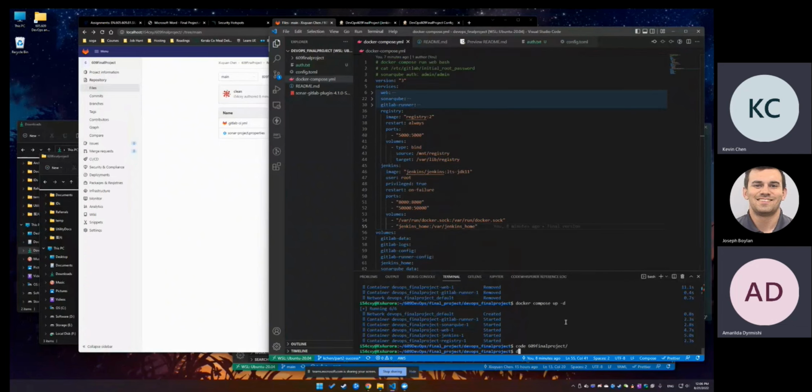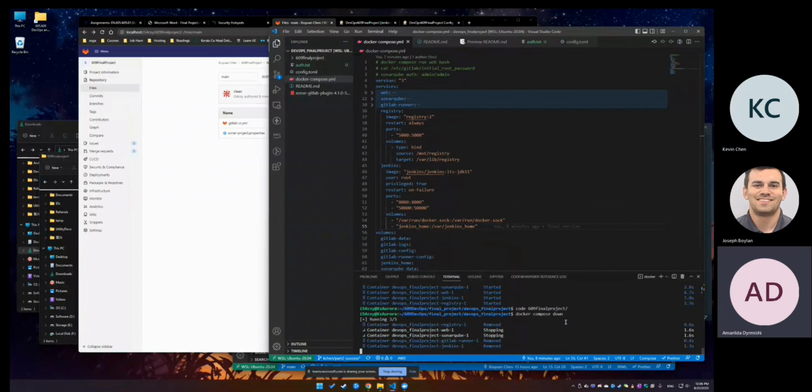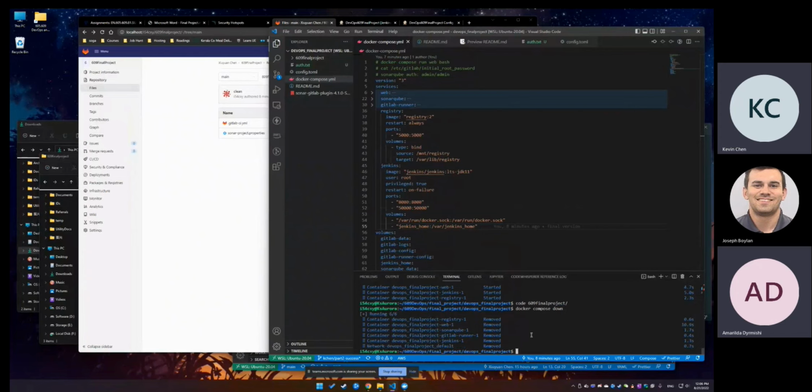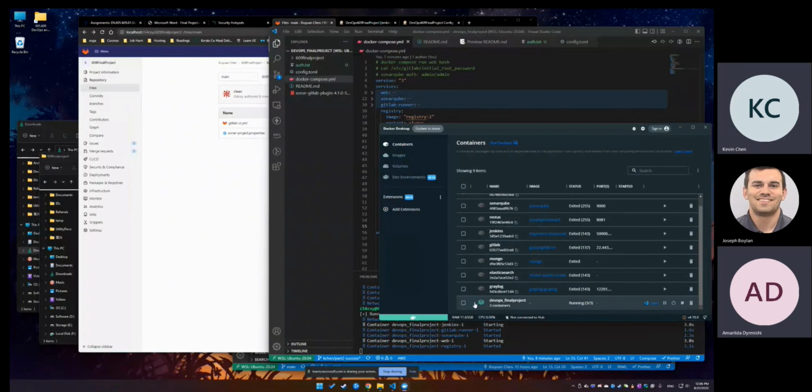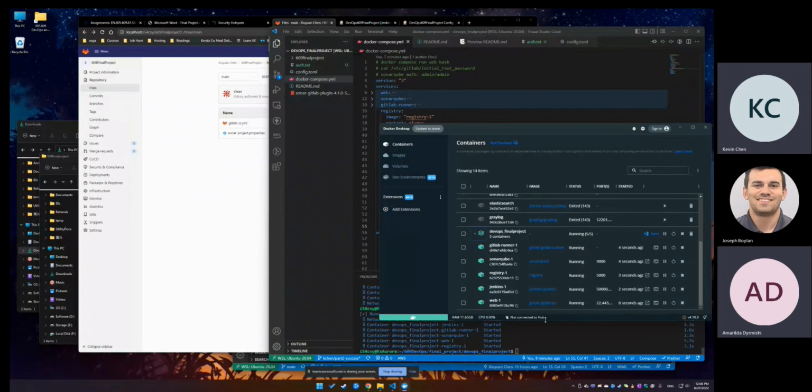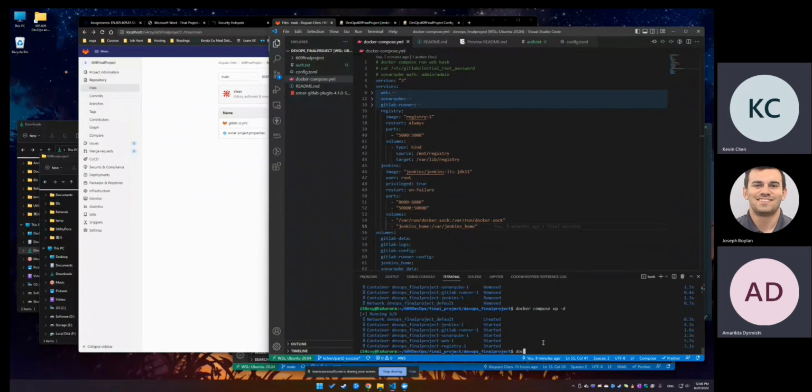So just to show you guys that everything is working, we'll demonstrate. So first I'll bring everything down. And then, as you can see, with a single command, the whole pipeline, the whole infrastructure is shut down. And then if we do docker compose up -d, it will create these container images and we will start running them as we speak. Then we can